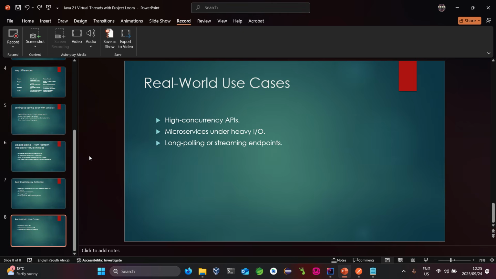Okay, let's look at the real world use cases why you would need to use virtual thread over platform thread. For high concurrency APIs, of course, as I've already mentioned, microservices under heavy load or heavy input and output load, long polling and streaming endpoints. Yes, they are very much useful, especially streaming endpoints such as applications like Netflix and Showmax that we use for